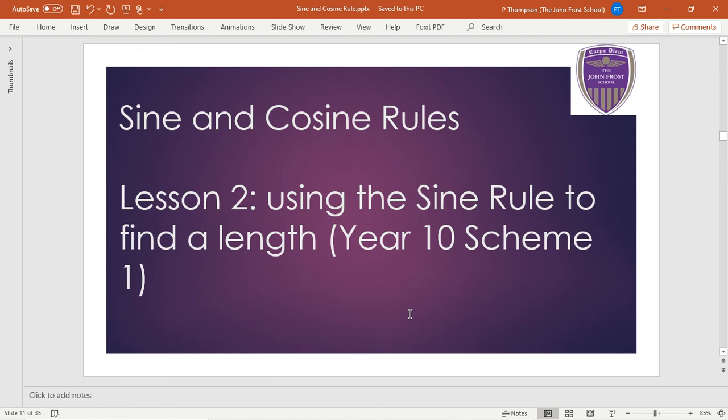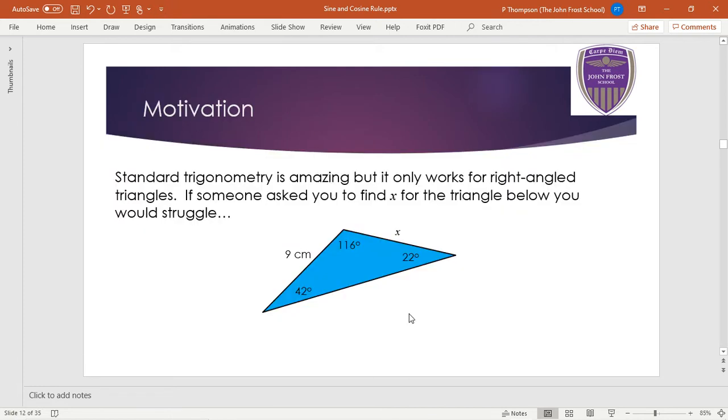All right, this is lesson 2 then. In this advanced trigonometry section, we're going to use the sine rule today to find the length. The reason we need the sine rule and also the cosine rule in future lessons is because standard trigonometry, remember